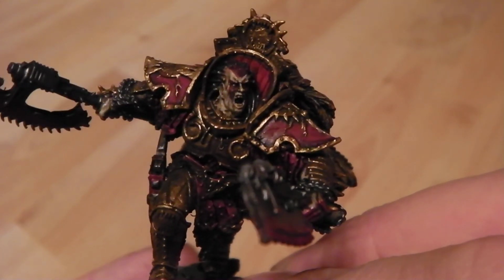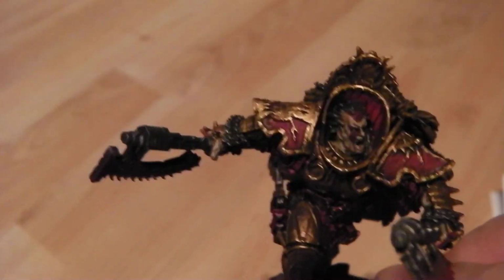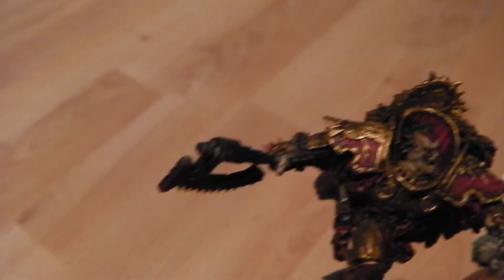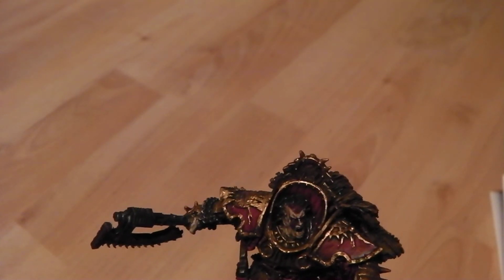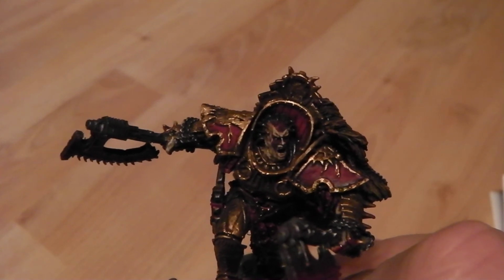I thank you very much if you watch this video. Who gave me a hand and suggested a couple cool colours to do for that, and that is a base of Rakath's Flesh, then a wash of Serpent Sapia, then highlighted with Pallid Witch Flesh, and then do quite a light